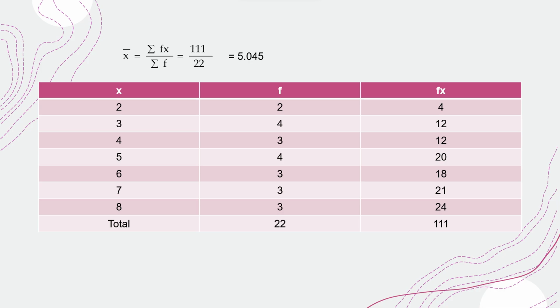Now we are going to apply the formula of arithmetic mean, that is x bar or arithmetic mean is equal to sigma fx over sigma f. So sigma fx value is 111, whereas the sum total of sigma f is 22, and we get a figure of 5.045. So rounding to the nearest whole number, we can interpret the result that on average 5 employees were found absent